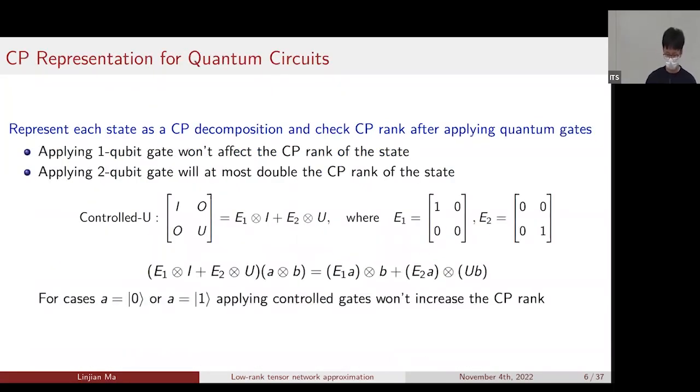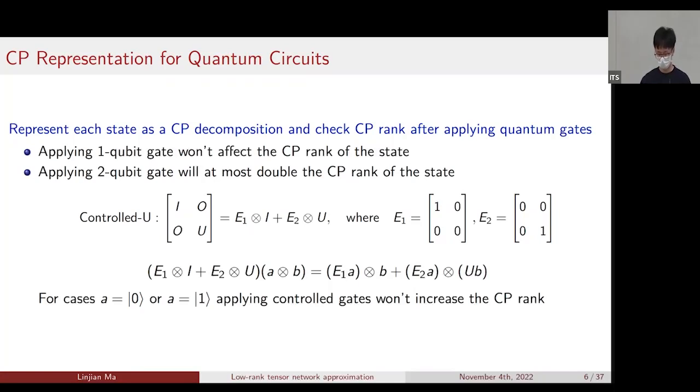So what we can do is represent the input quantum state for the quantum algorithm as a CP decomposition. And then every time we apply a quantum gate, maybe the rank will increase. Then we can decrease the rank by using some truncations. So applying a 1-qubit gate won't affect the CP rank of the state, and applying a 2-qubit gate will at most double